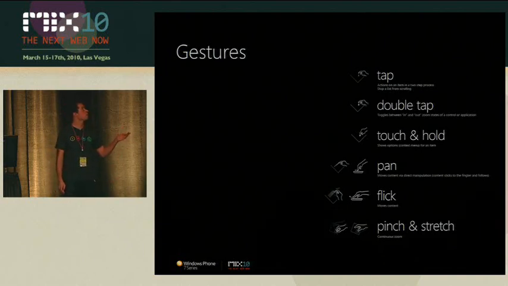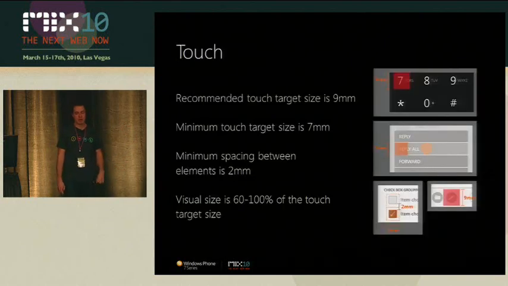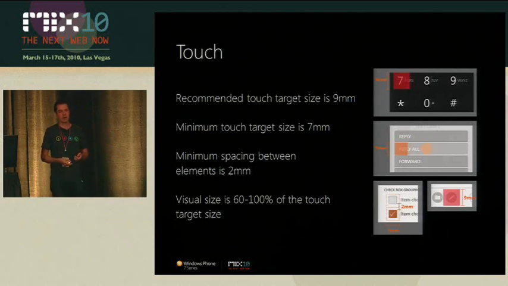The same is true for all the other gestures that will be available to you. Touch is very important. In the most basic kind of hardware configuration, the only way to interact with the device is through touch. And we've done a lot of studies on touch, and we've designed applications in slightly different ways to see what users like, what users don't like. And the basic rules of thumb are each touch target don't go below 9 millimeters. 7 millimeters is really the smallest you can go, but 9 millimeters is the recommended size to avoid